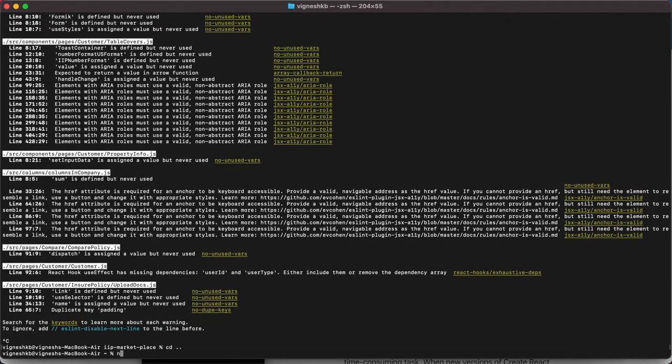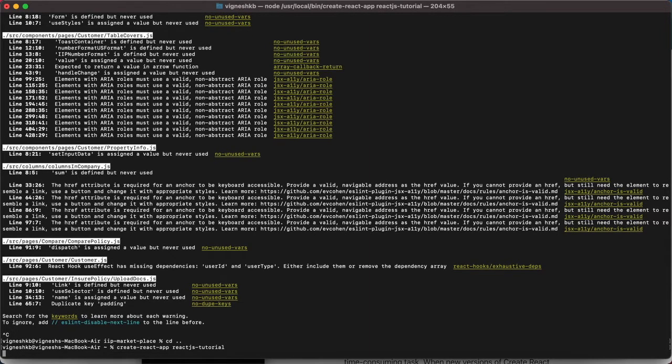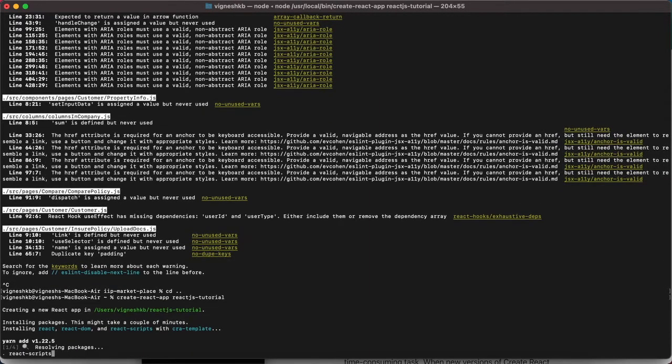Currently I'm going to create a new project named react-js-tutorial. So once you type this and hit enter, it will start generating the necessary configuration files for the project.